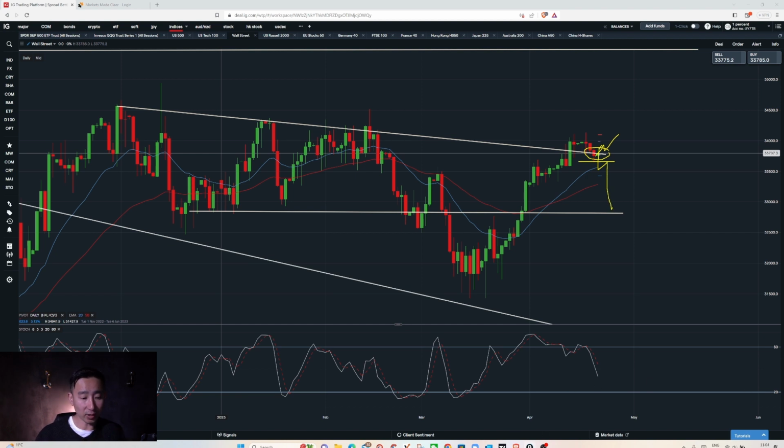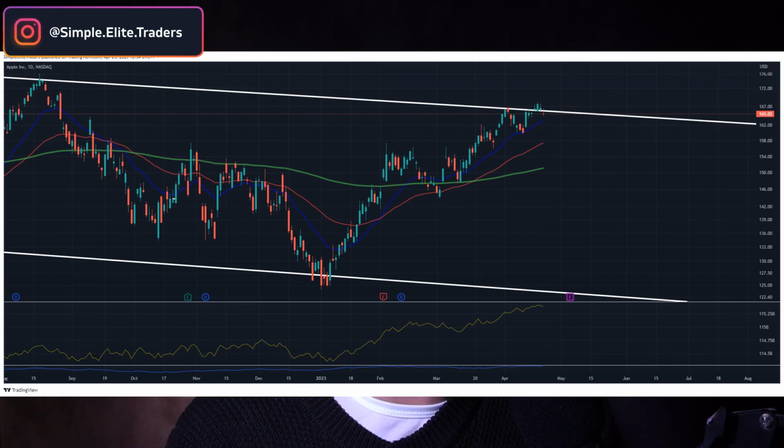Okay, another thing that you could look at is the Apple chart. I mentioned last week on my social media channel, Apple chart, $166 is a major resistance. Breakthrough, we could see the upside, but if it stays below, then we could see more downside to come, which